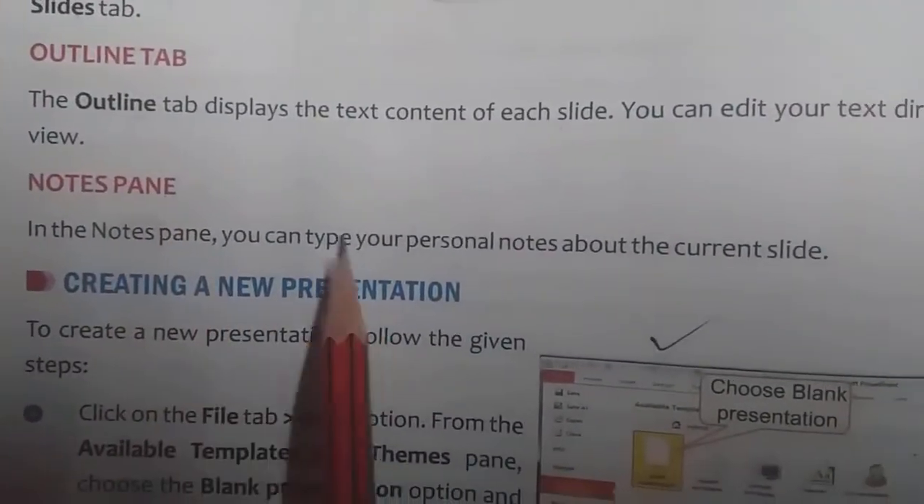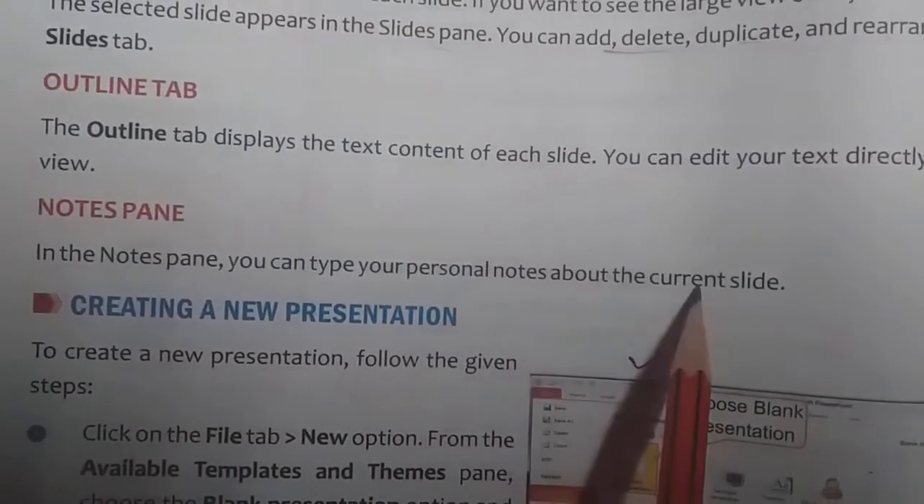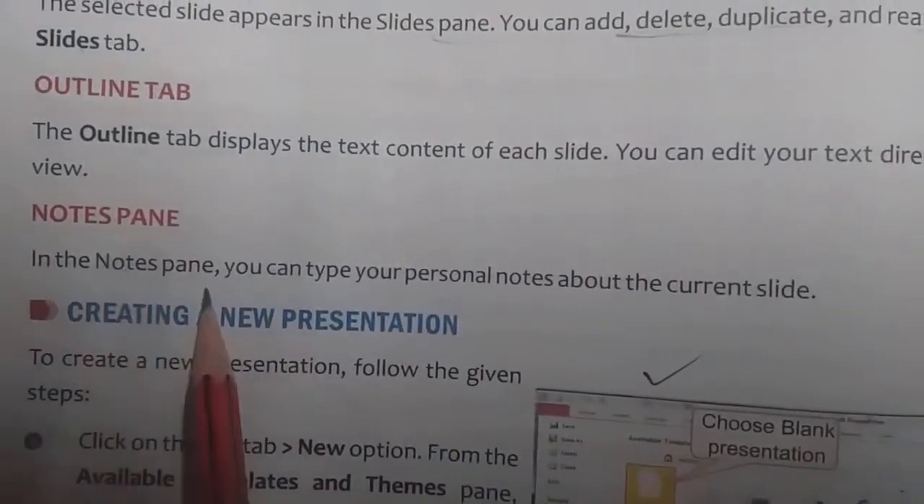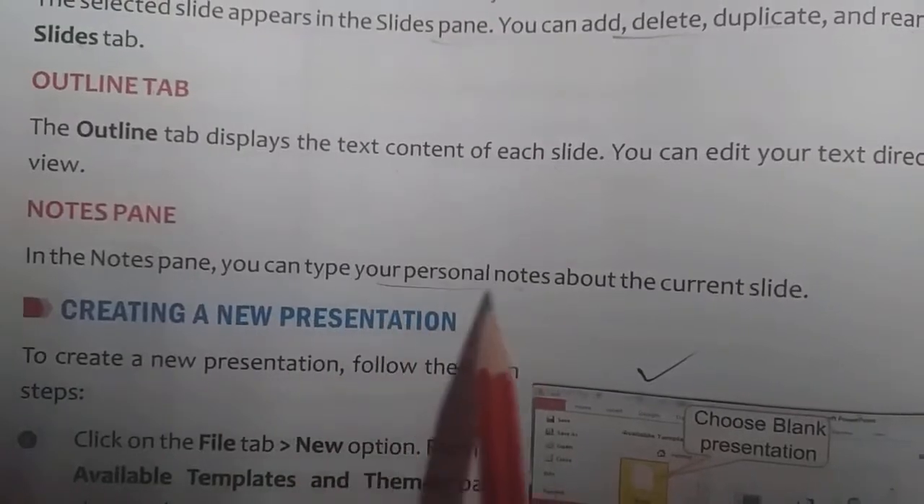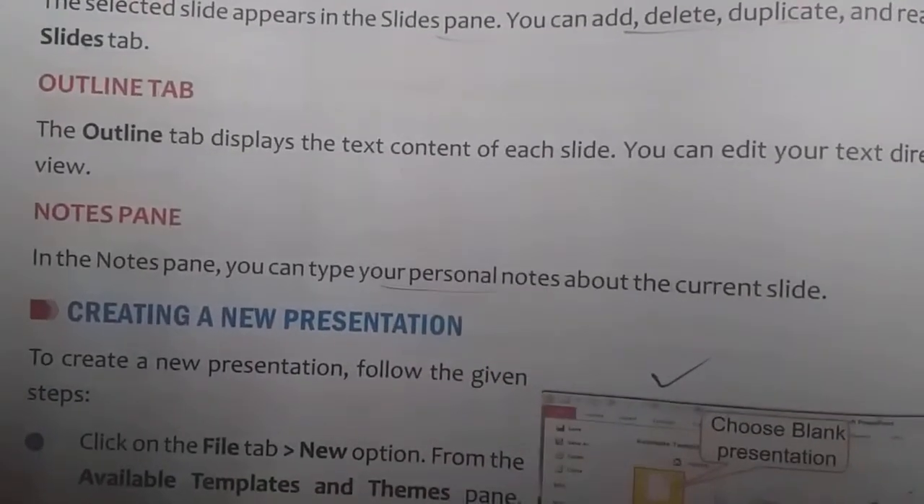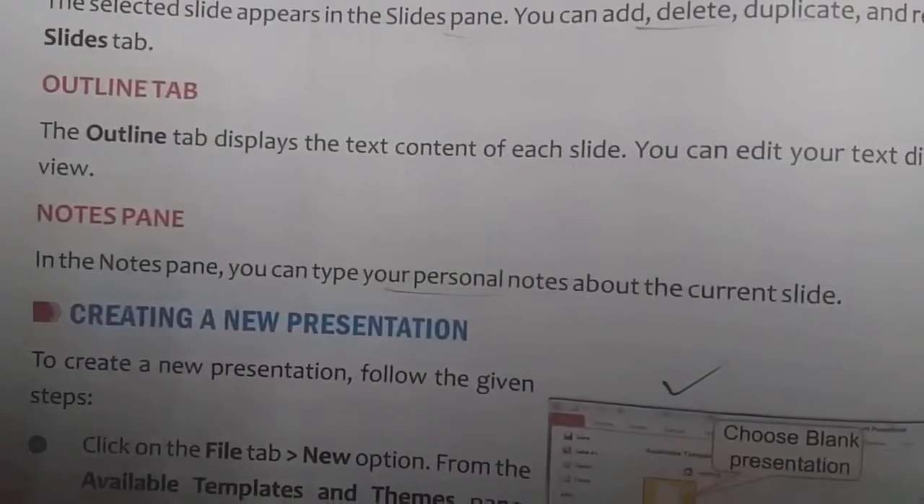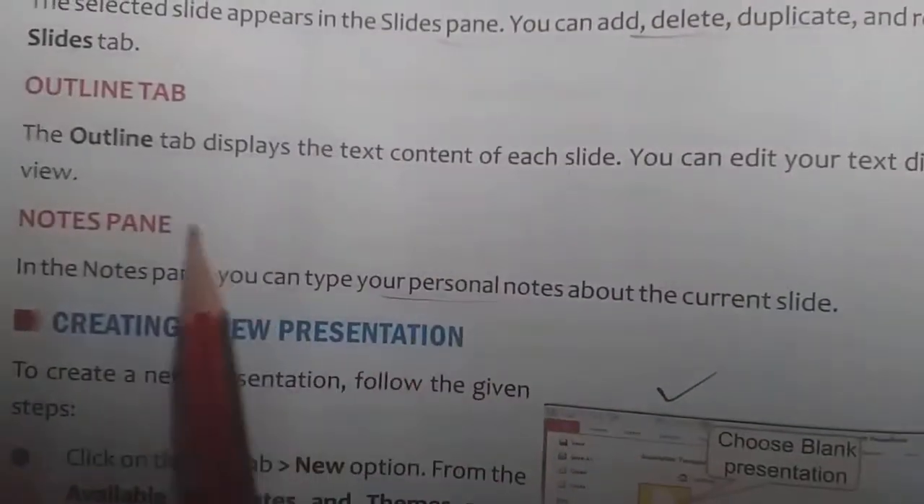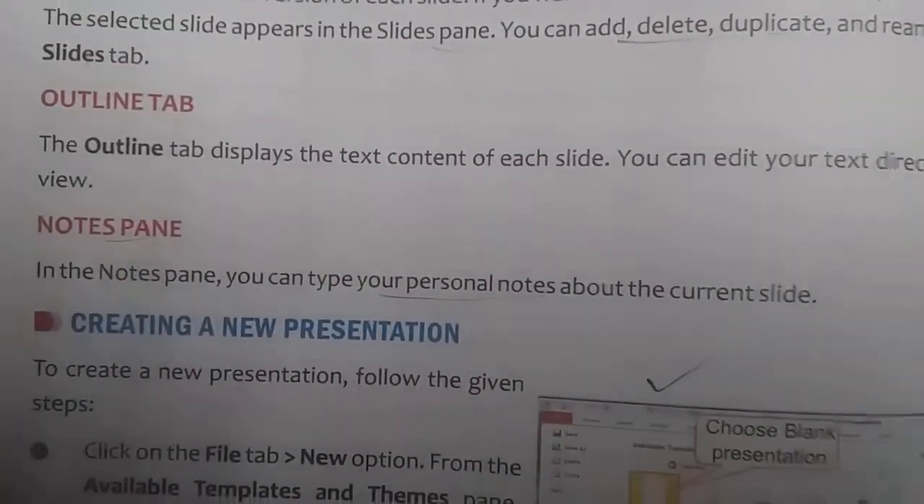In the notes pane you can type your personal notes about the current slide. So in the notes pane, yes, you can type your personal notes. Anything that we want to save, or a description of the slide that we want to give, we can give in the notes pane. So how to create a new